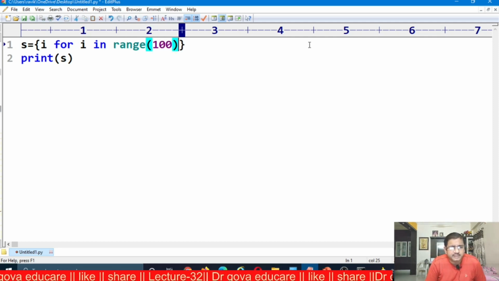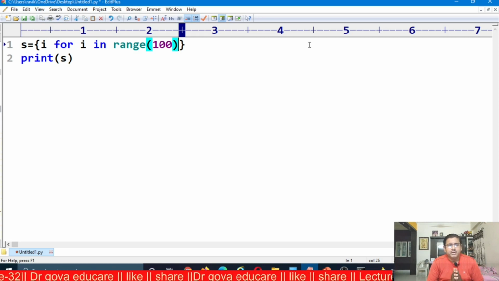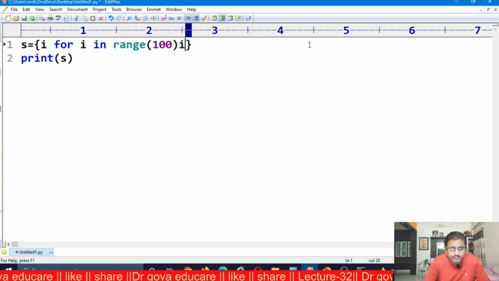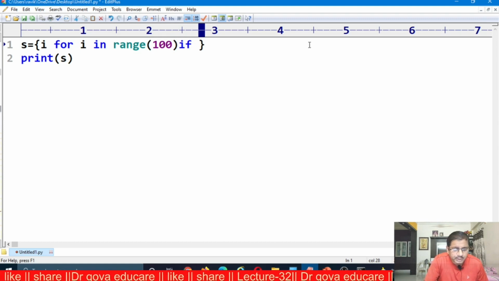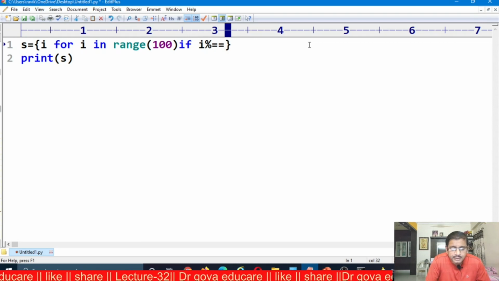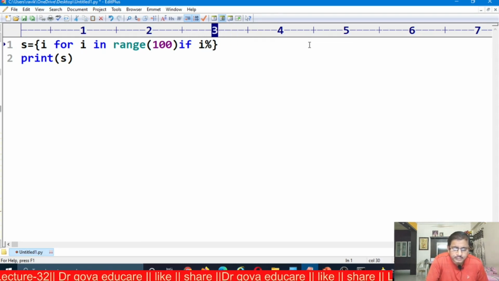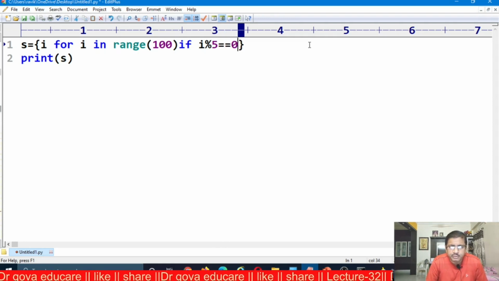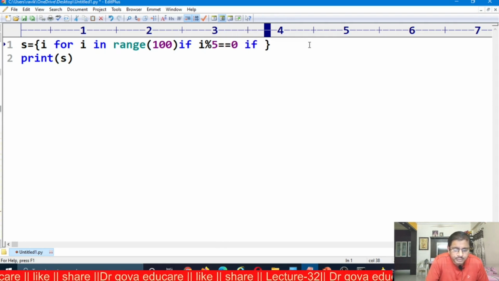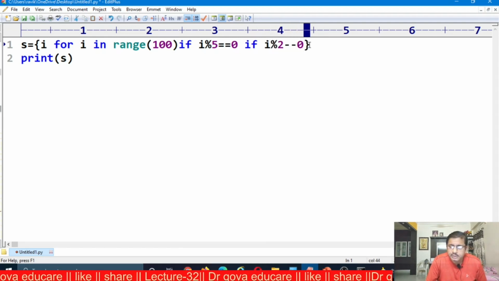I want to create a set containing the elements 0 to 100 which are divisible by 2 and divisible by 5. If I divisible by 5 is equal to 0, if I divisible by 2 is equal to 0.